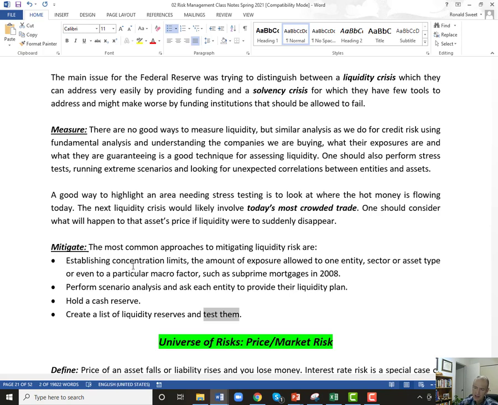So with securities lending, you usually lend your securities, you get collateral for that, you invest the collateral, and you make more on the collateral than what you pay to the person that gave you the cash collateral. But instead of investing the cash collateral, we'd actually keep it and use it ourselves and test it. So there are all different ways, and there are some of our liquidity reserves where,